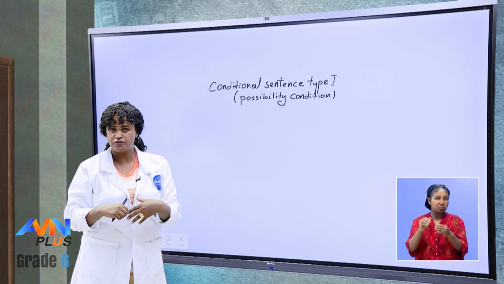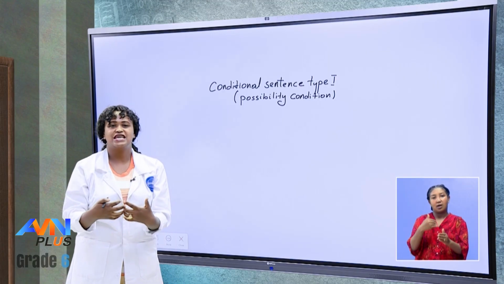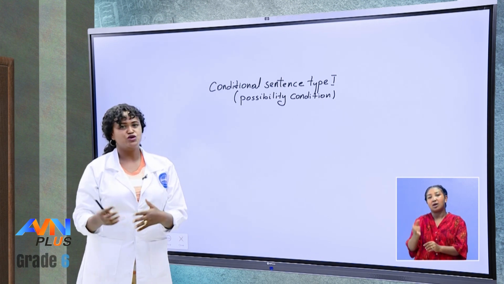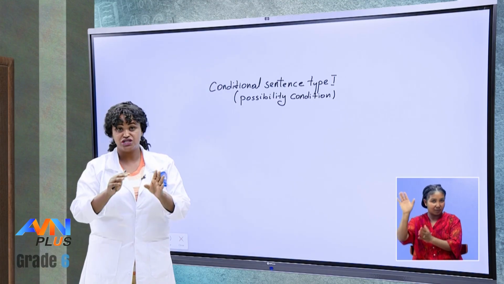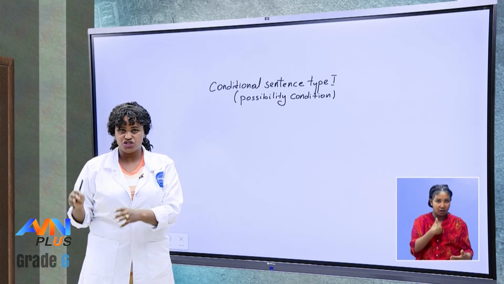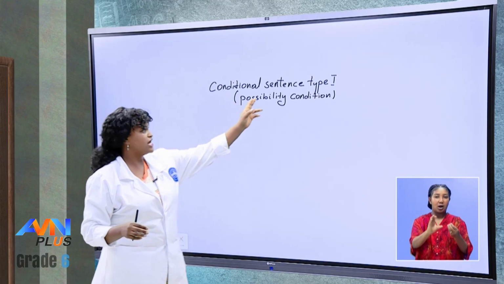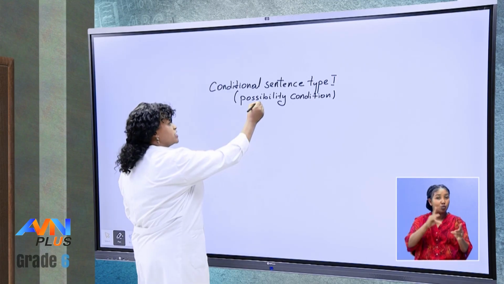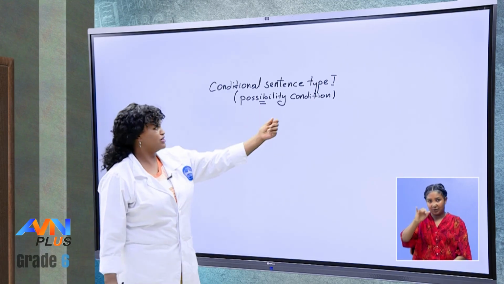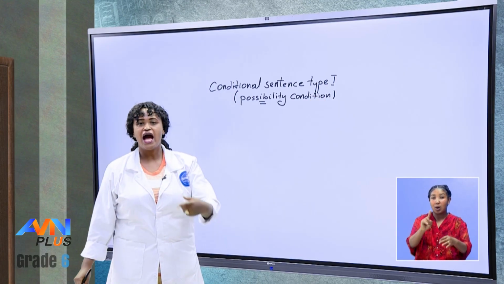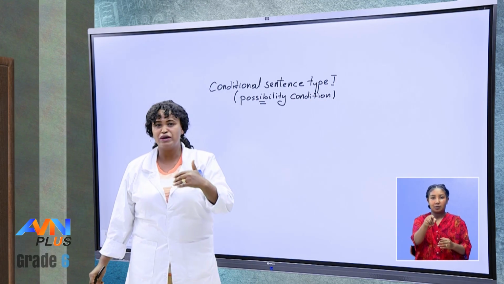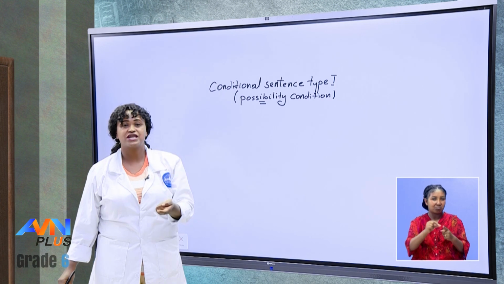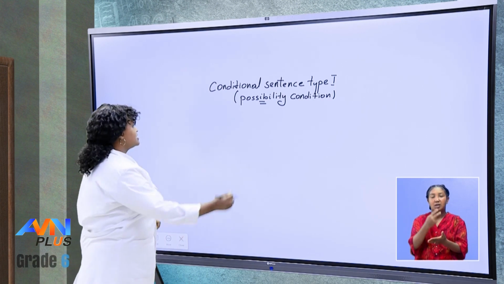We will see it in the next chapter. And then conditional sentence type 3, which is impossible. All right? And when you grow up, you might see the mixed conditionals. So conditionals are categorized. For this chapter, we start with conditional sentence type 1, which is possibility condition. Don't forget this word. I know it's common to say conditional sentence type 1, but I prefer that you become familiar with the word possibility condition, because it will help you in constructing a sentence. All right? Let us see some sentences.